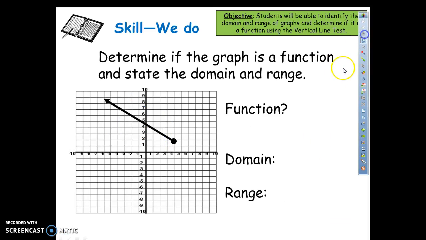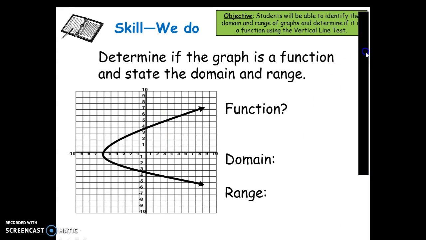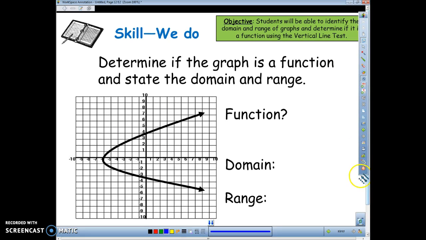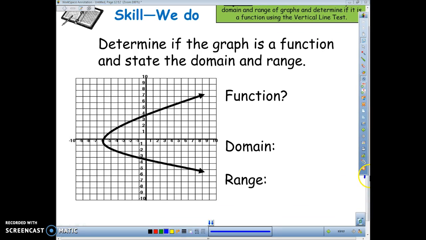Okay, and our last example is here. We want to determine if this graph is a function, so we're going to conduct our vertical line test. And as I do this, notice as you run your pencil through that this graph touches our vertical line in more than one location. So this is not a function. Function, no, this is not a function